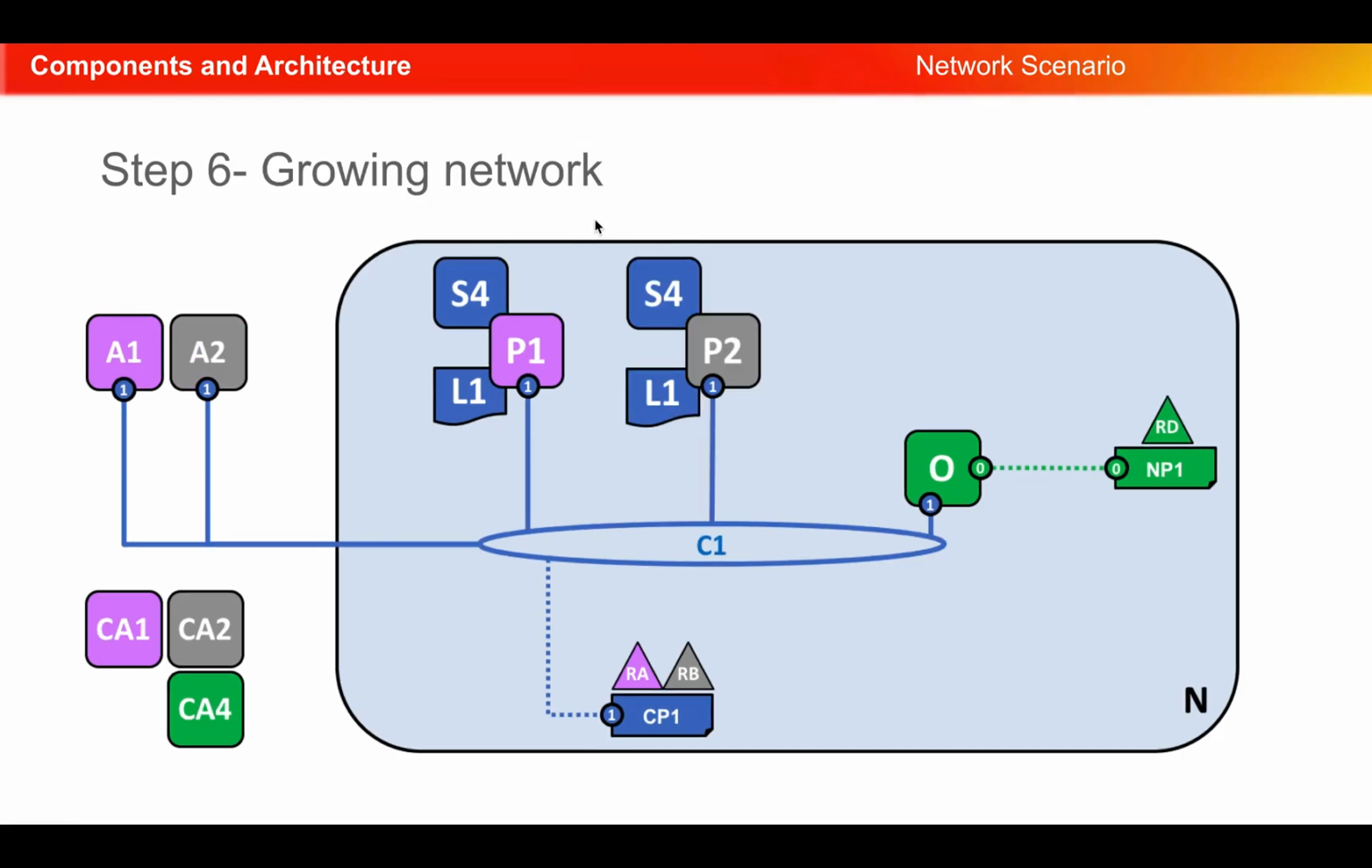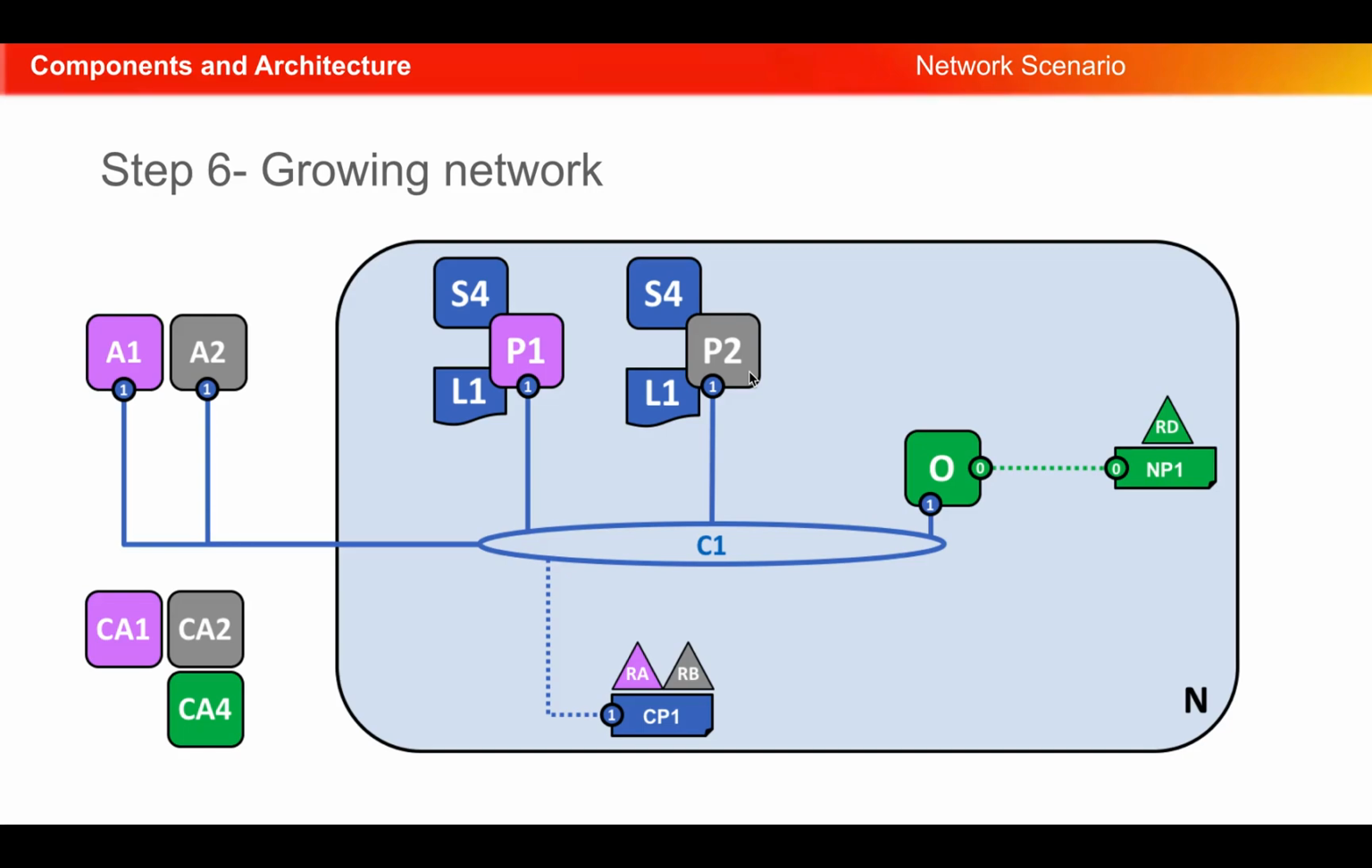Next, growing the network. In the previous section, you have seen you have only P1 as a peer, which is governed by organization A. In the next step, RB or organization B decides to contribute one peer to the network or to the channel. So that's why RB contributes P2